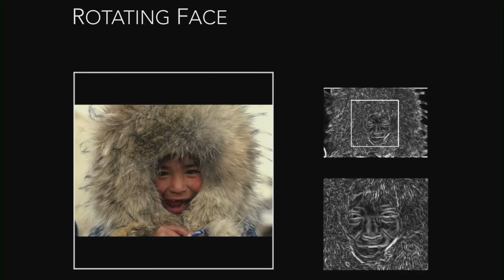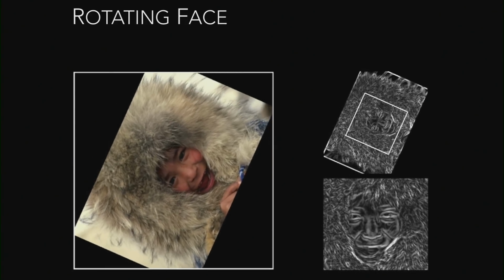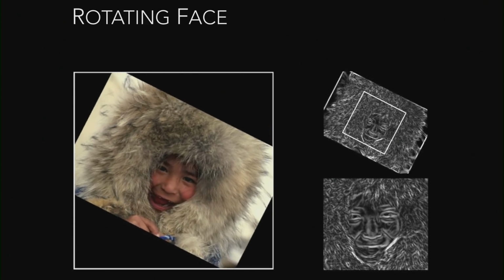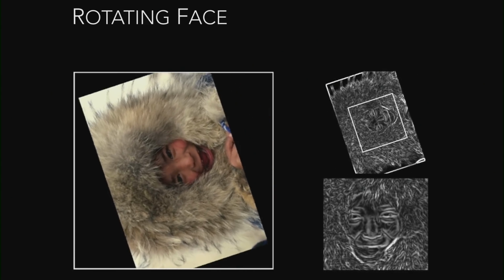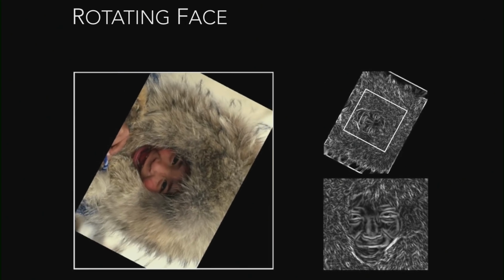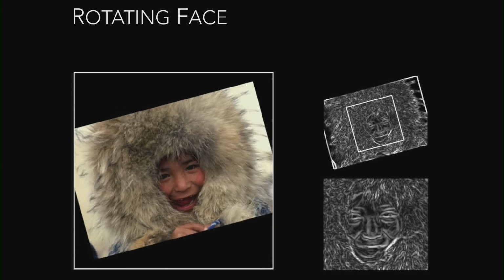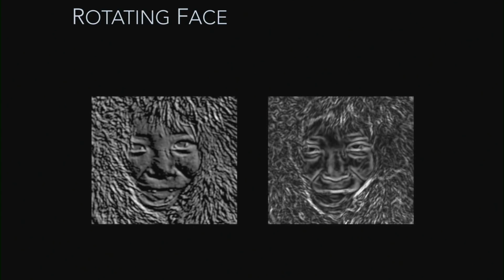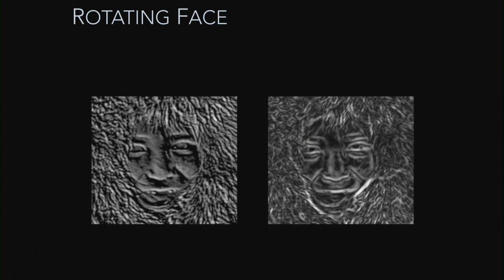Let's go back to this little boy's face again. What we've done now is we've taken the same layer as we did in the VGG network. We've registered the features, and then we've just taken the magnitude part because it's invariant to the input transformation, and this is what we have. If I do a side by side, this was the VGG on the left, and this is us. So we're not perfect, but I think we're doing a bit better. As you can see, there are some artifacts here which we think are due to discretization. But on the whole, I think it's getting there.